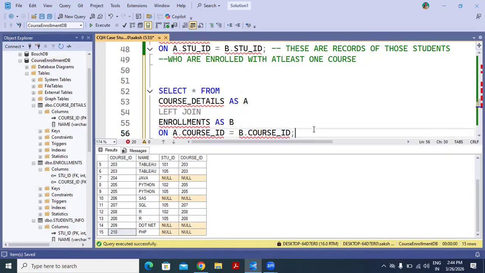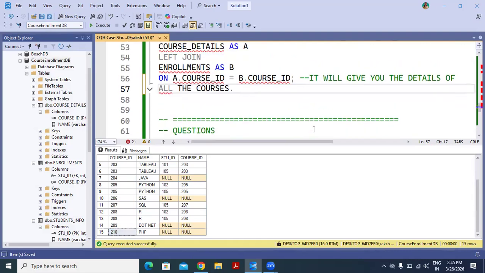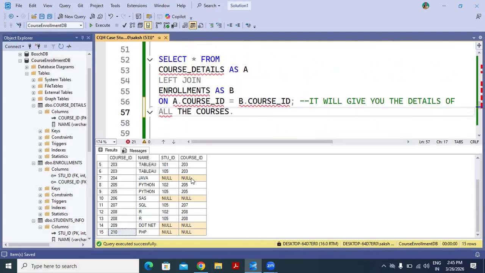So we can say the left join will give you the details of all the courses. And similarly, if you apply the inner join or the right join, it will provide you all the courses which are registered by the students.